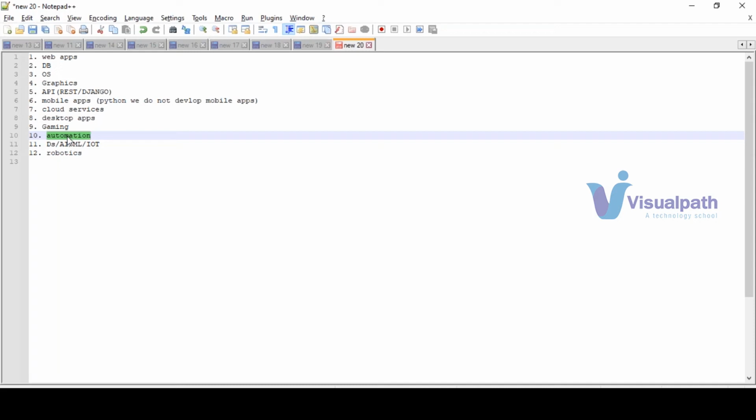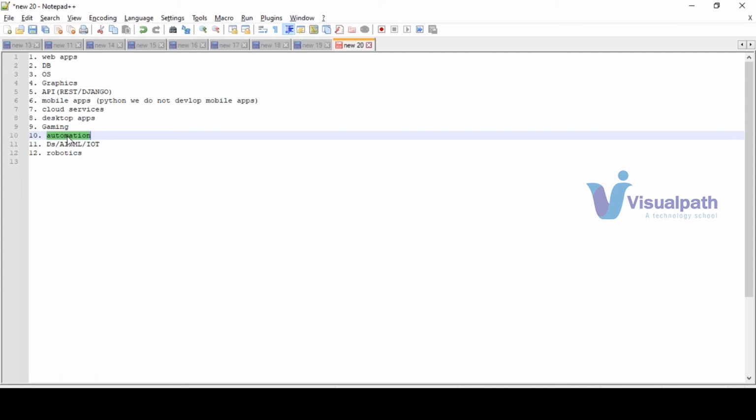And another automation is software automation. Generally we use it for testing. Once you develop your software application, we need to test it, right? In every company we will be having two separate teams. One is the development team, another is the testing team. The developer will develop the application, and testers will test your application. Before, we used to have manual testers, but nowadays none of the companies prefer manual testers. Everyone has to learn automation. If you have some manual testers also, companies are insisting they learn automation.